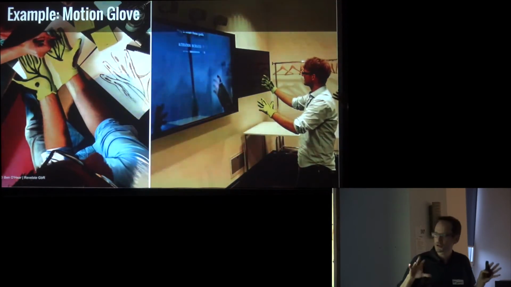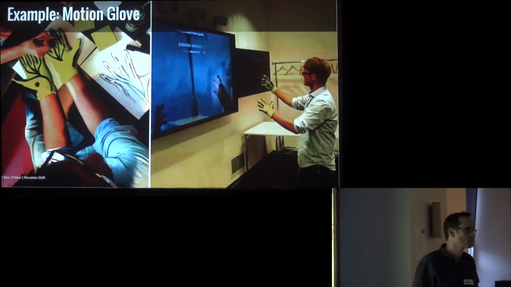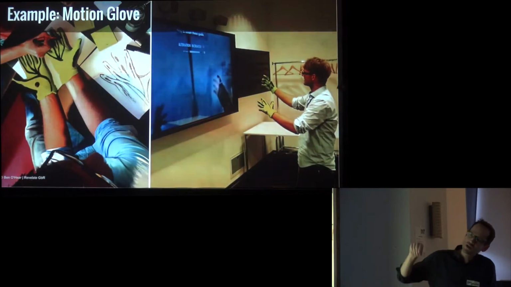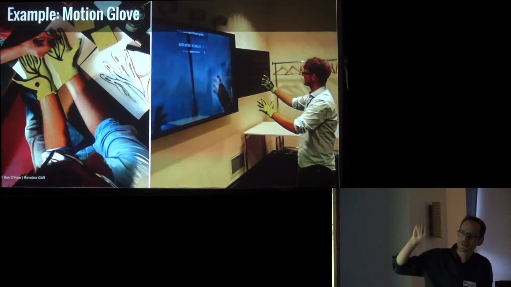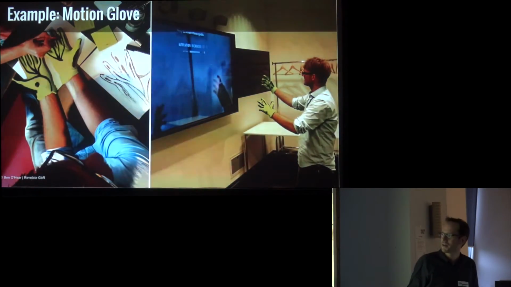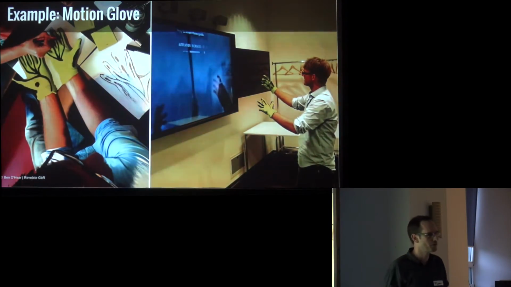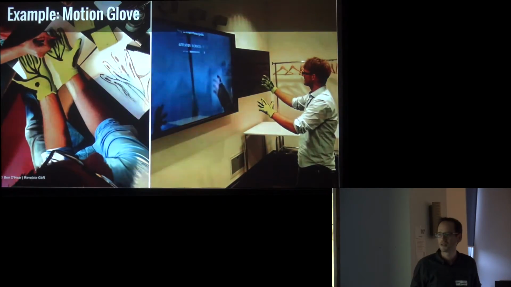So they're working on this cool glove that can track finger details and all that. And to test it, they took a pair of kitchen gloves. They drew electronic-looking things on them with an Edding. And then they made a video where this guy was pretending to play a video game and someone else was sitting back here actually playing the game. But it really looked like he was controlling it. And then they went with that video on the streets, showed it to people, and they got a really good response.